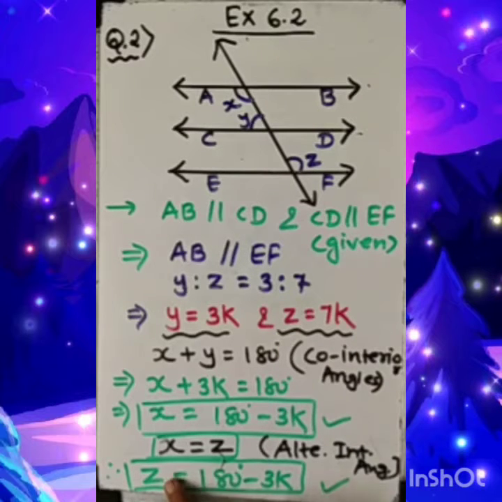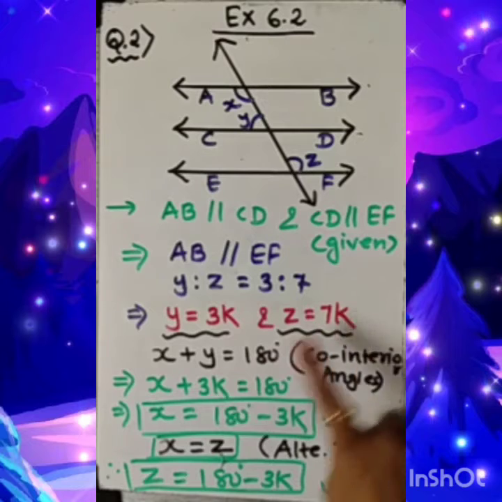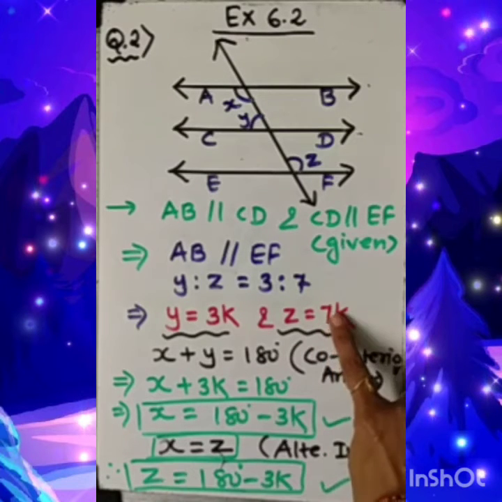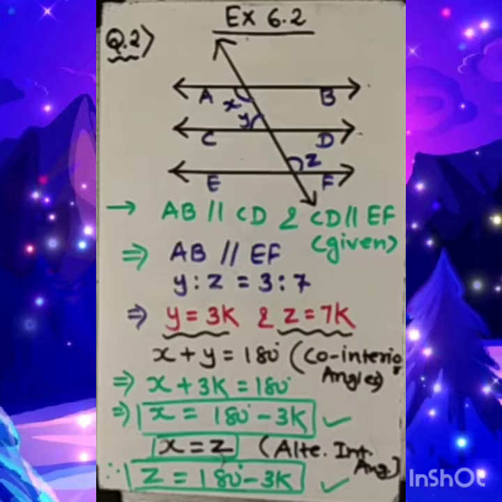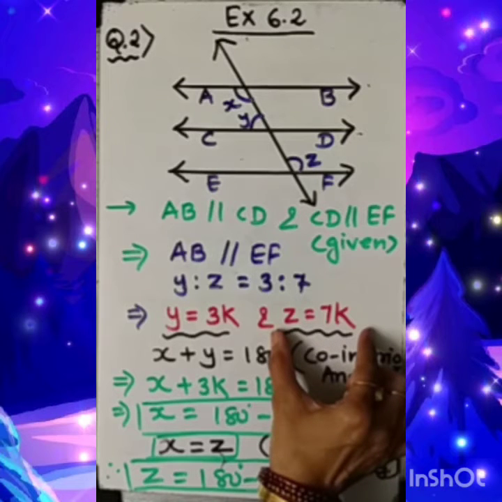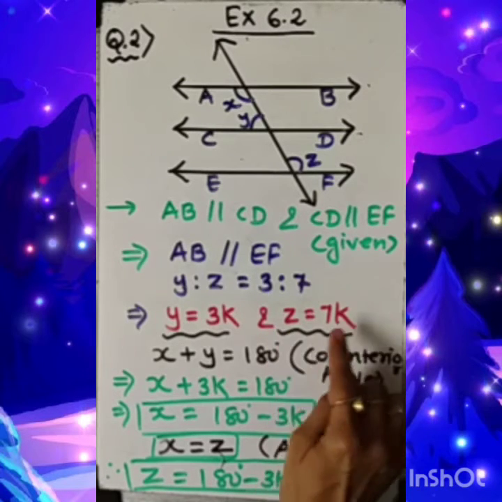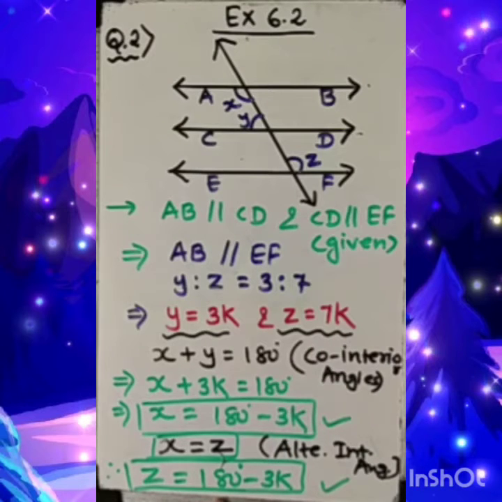So now can we compare this z equal to z? Both are similar. I am showing you the easiest technique. There are different techniques of solving this sum, not 1, not 2, not 3, not 4, because we have vast properties of transversal line and parallel lines. We can apply any of them which we feel comfortable. Okay. So here, z equal to 180 minus 3k, we got this result. But z equal to 7k is already with us. Now, in our next step, we are going to compare this with this. And let's see what could be the result.